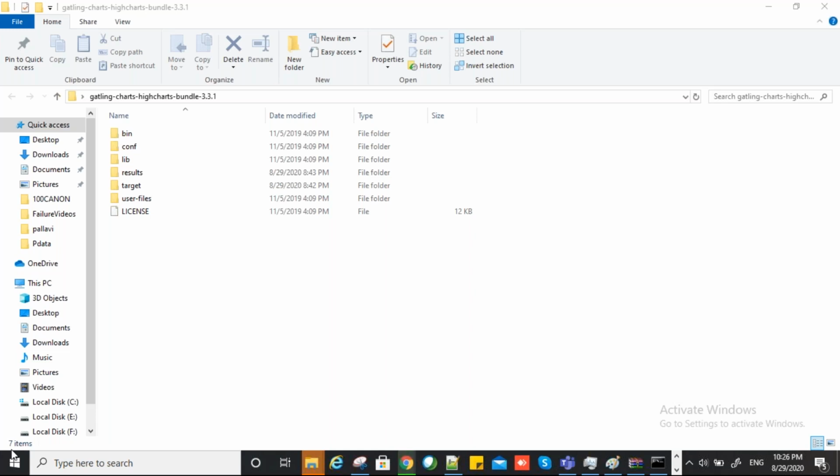We don't want to pay money for the Frontline tool. You can configure Grafana and InfluxDB with the open source tool and achieve that functionality in open source Gatling as well.